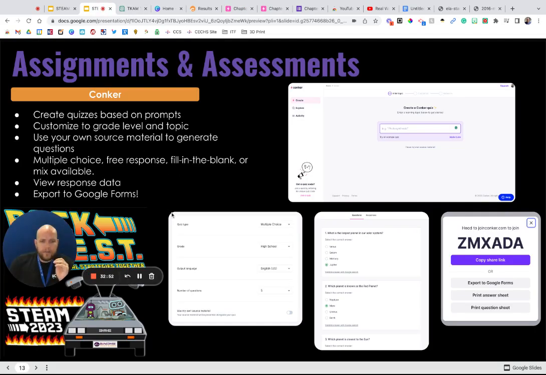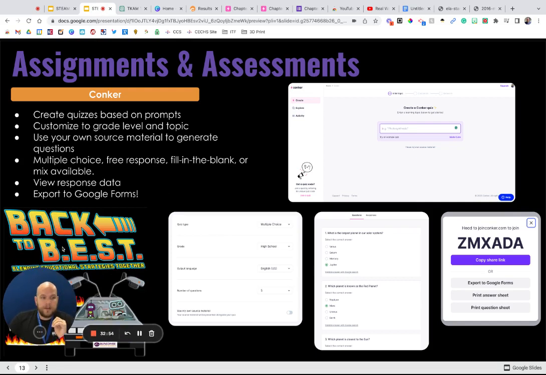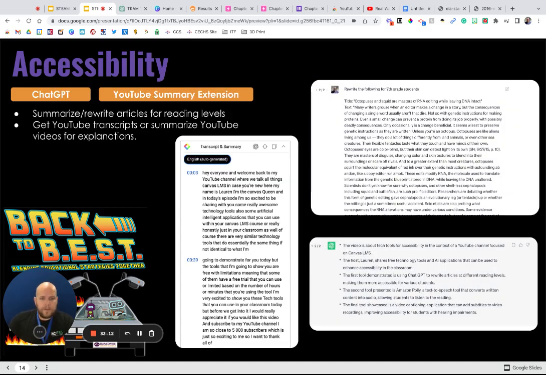So great tool especially if you like to create quizzes or on the spot formative assessments. But the fact that you can export any of your quizzes to Google Forms is a great option. I'm hoping this is something that they'll allow even on the free side of it. So fingers crossed for that, but great resource to use. So I hope you check it out.